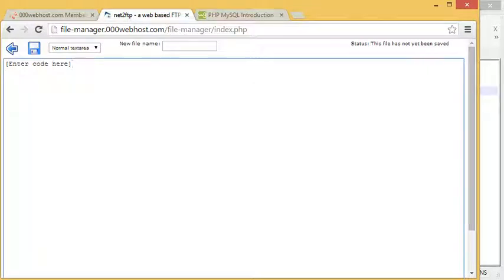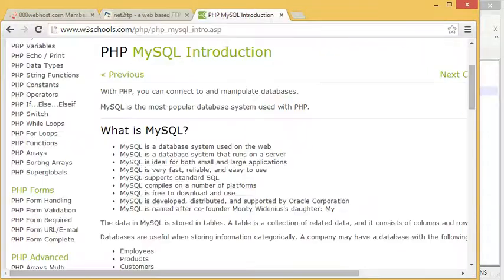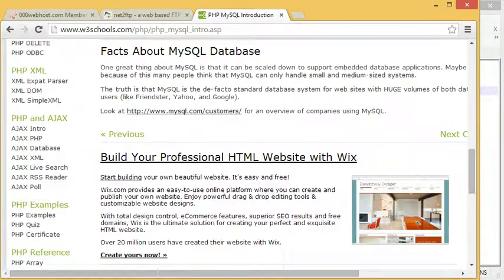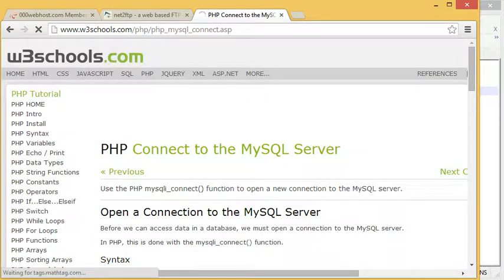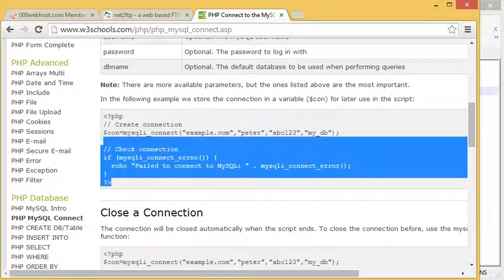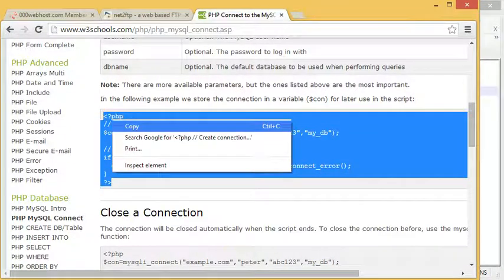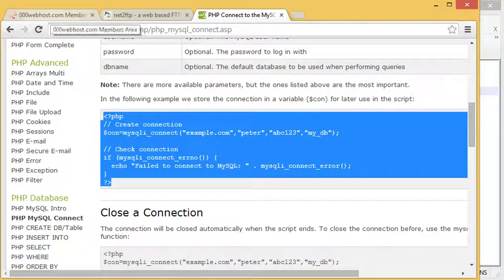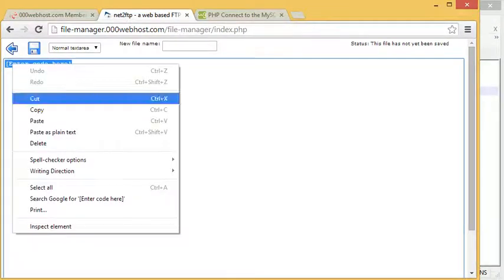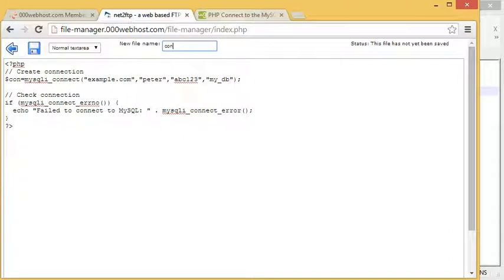And this is where I'm going to put the code, and for the code I'm going to just grab some code from W3 Schools. W3 Schools has a lot of stuff that you can do with MySQL and PHP, but when you use it as a model for your own site, you can do even more. So here is some sample code to actually connect to the database. I'm just going to paste it in and take a look at it, give it a file name,